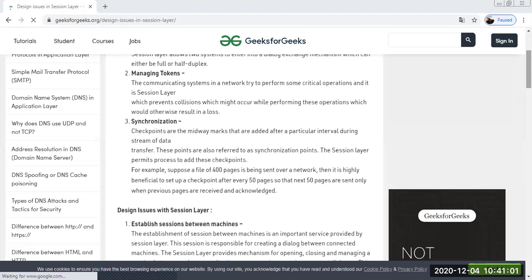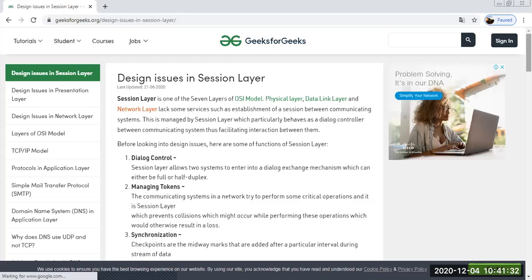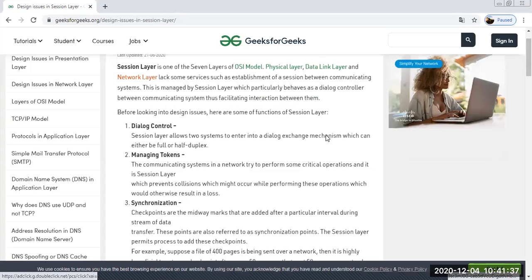If you go through this role, so dialog can be full duplex or half duplex. So dialog is exactly the message. Clear? So exactly session layer क्या करता है, ये allow करता है दो सिस्टम को कि they can exchange their dialogues mechanism with the help of full duplex or half duplex communication. Clear? Full duplex and half duplex you all already know about this. क्लियर? जैसे जो टीसीपी होता है वो भी फुल डुप्लेक्स मोड पे काम करता है, आप लोग को पता होगा।